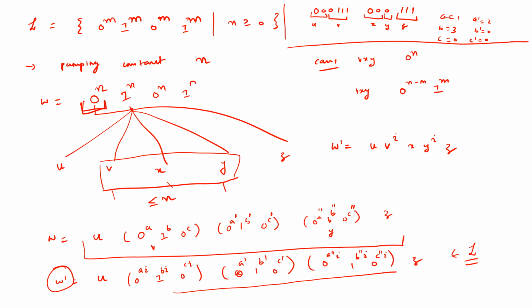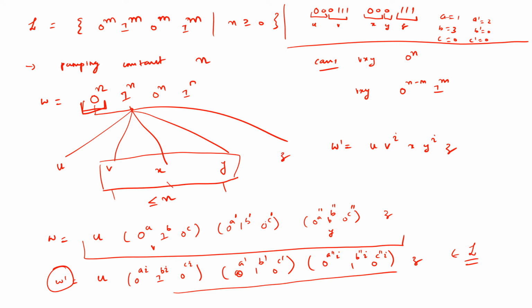Now here you cannot take arbitrary a, b, c, a prime, b prime, c prime, a double prime, etc. Now you have to incorporate the constraints here. What is the constraint? Length of vy should be less than or equal to n, right? Sorry, the constraint is that a plus b plus c, a prime, b prime, c prime, these